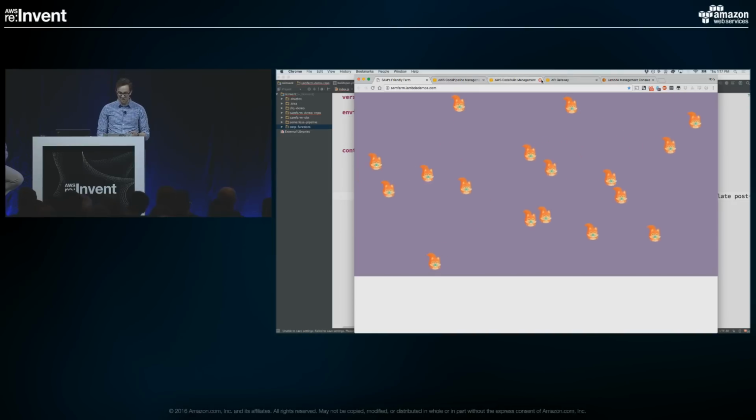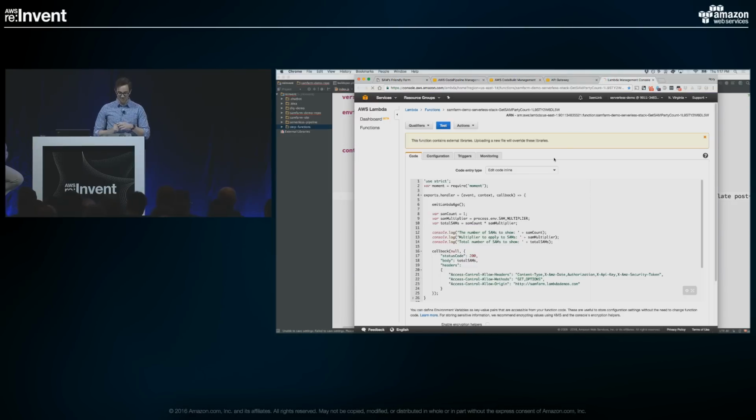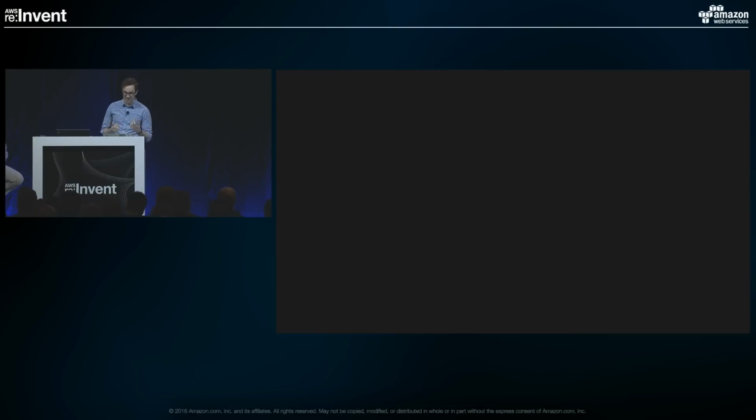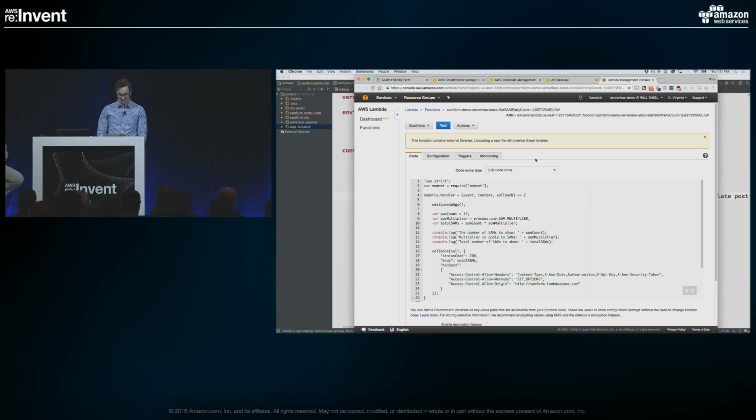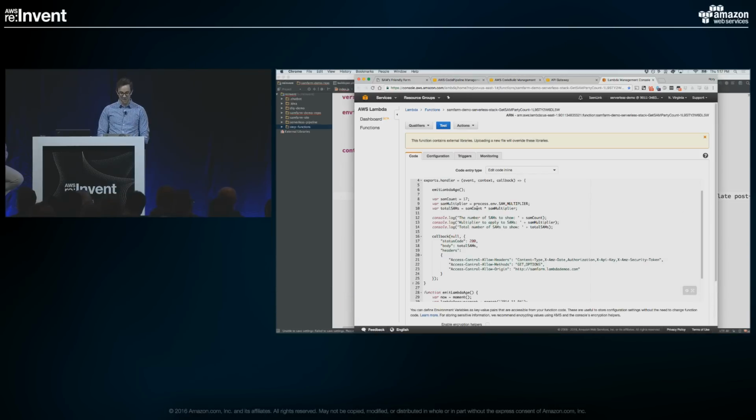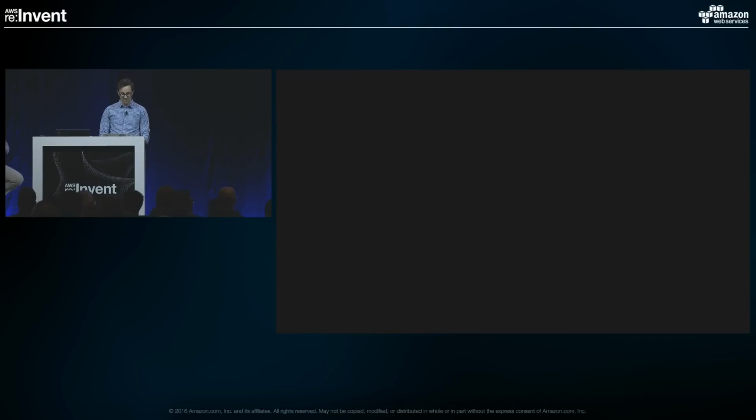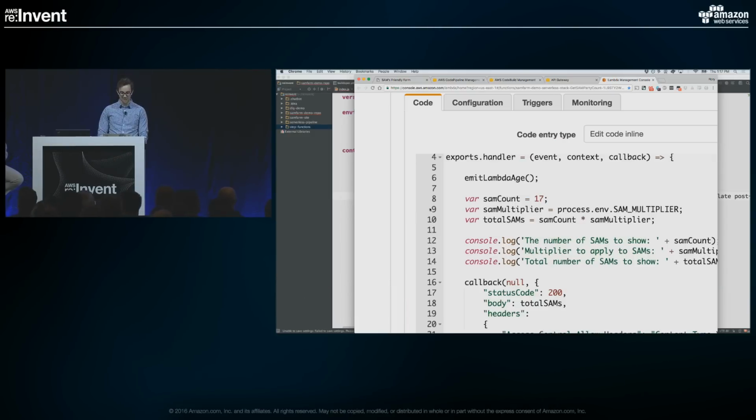So I'm going to go back to my function here. I'm going to refresh the page so it gets the newest version of the function. And I can see here's the code change that I made. So before I had it set to 1, and now instead I have it set to 17.